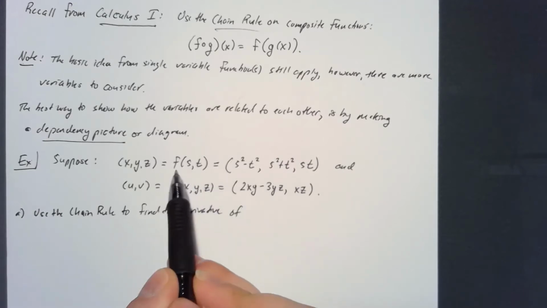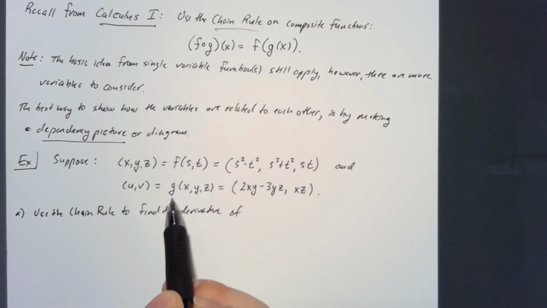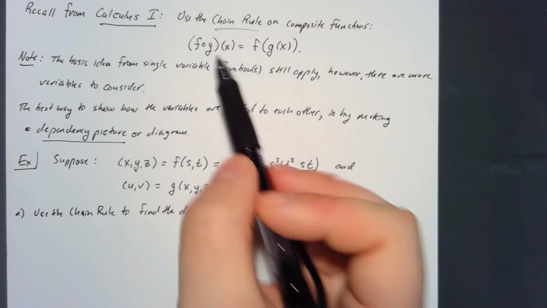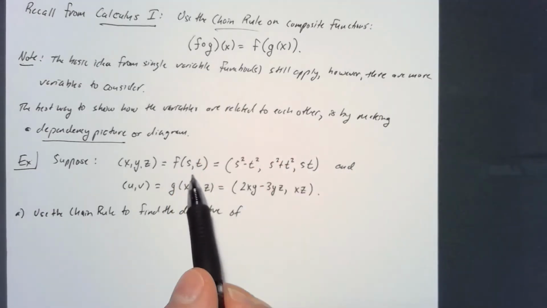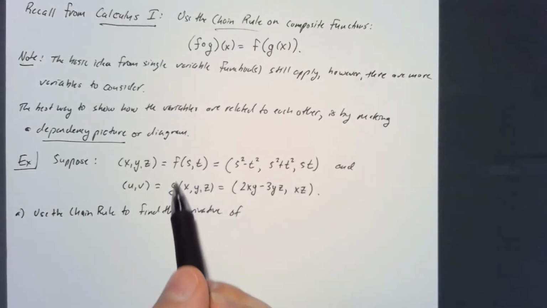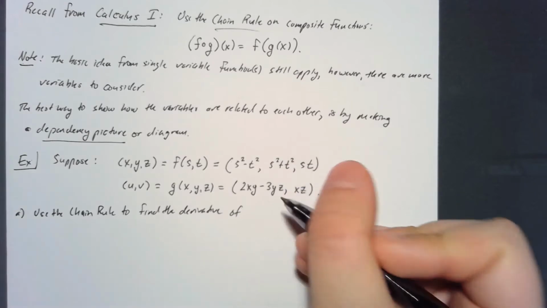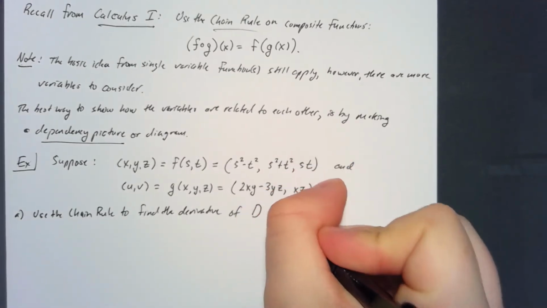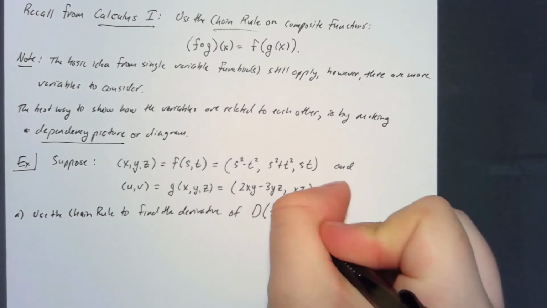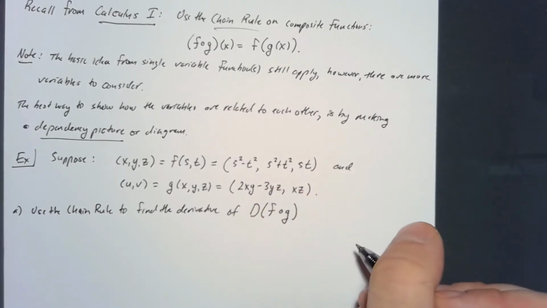You can see how I'm calling this a function of f and this a function of g. So kind of like the same way we'd use composite functions for single variables, I'm going to use it for multivariables as well. So the composite function, this is the notation of it. We write it as the derivative of f composed with g